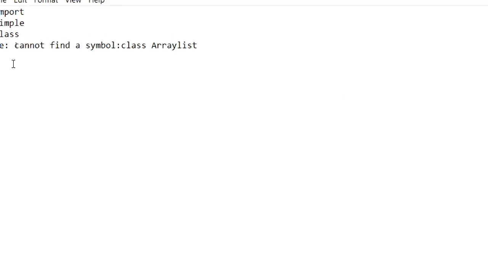Because he sees the new keyword with something and does not know it, because as we know, with the new keyword only the class name will come. If you use it directly, he says compile time error, cannot find symbol variable ArrayList.